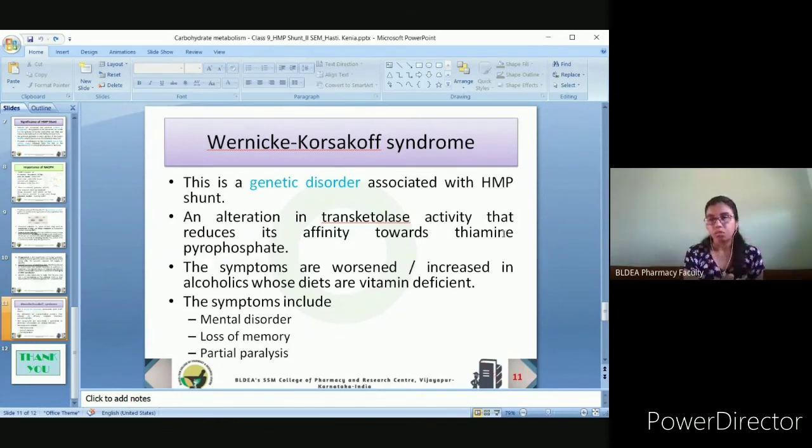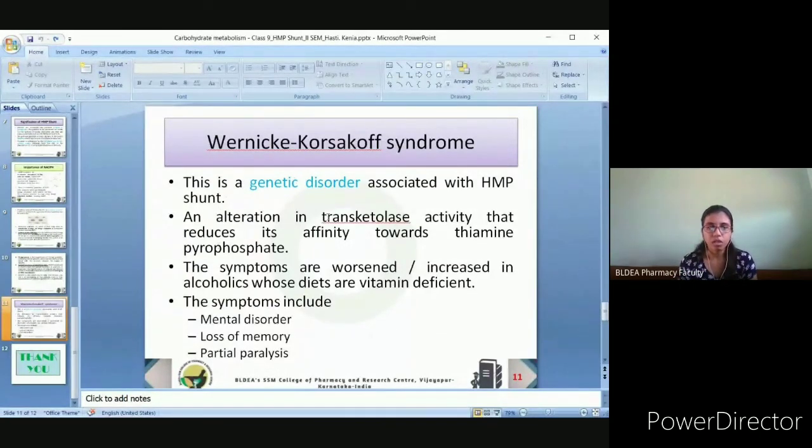Thiamine pyrophosphate must be attached to the transketolase in order to effectively carry out or facilitate these reactions. That will not be possible because there is an alteration in the whole transketolase enzyme structure itself. So these enzymes get degraded, or you can say denatured, such that the thiamine pyrophosphate will not attach to them, and whatever conversion is required will not be carried out, and hence the HMP shunt will not be carried out. Indirectly, this will cause inhibition of the HMP shunt.